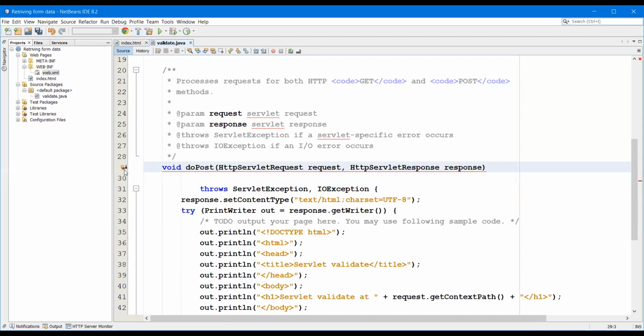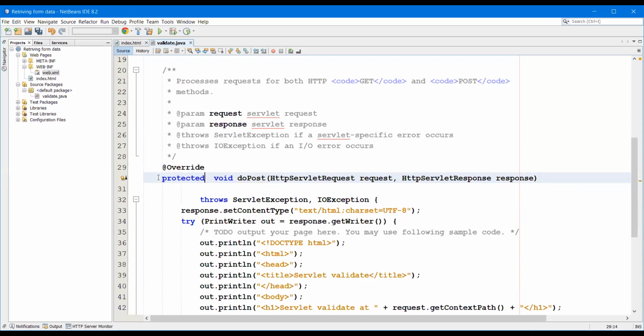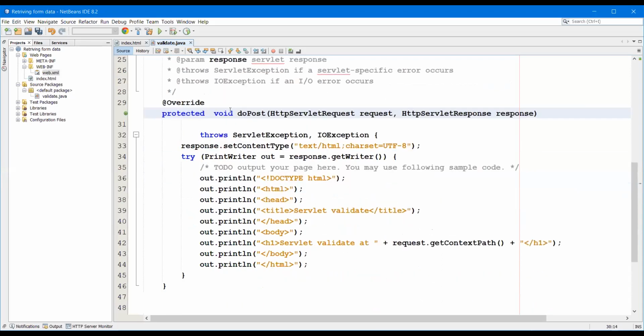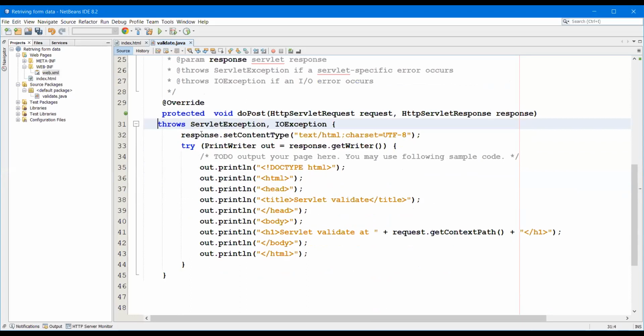So we are creating one method. What is the name of that method? The doPost method. This doPost method is a service method.